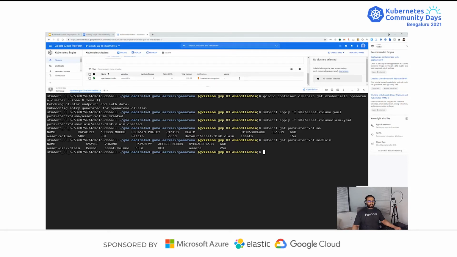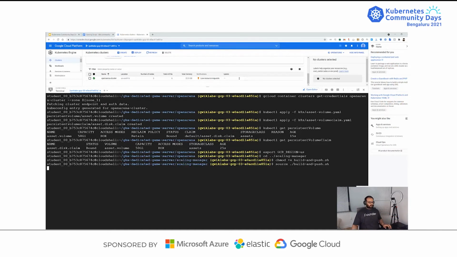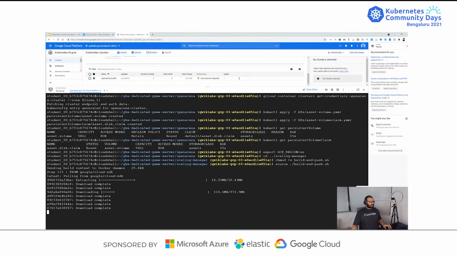for us would be setting up a scaling manager. Scaling manager is not really that important. It's basically a service which helps you to scale your virtual machines if there is a requirement for it. If you're running that on premise, or if you are having trouble understanding an auto scaling mode of actually loading your virtual machines based on the capacity, this is where the scaling manager helps. We have the scripts ready for the scaling manager. I'm just building that and pushing the scaling manager also to our image.